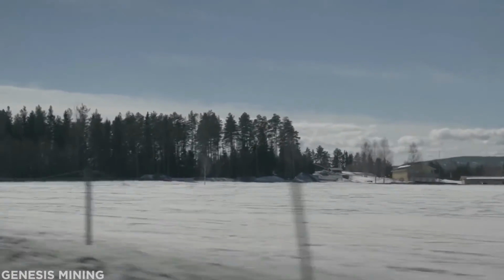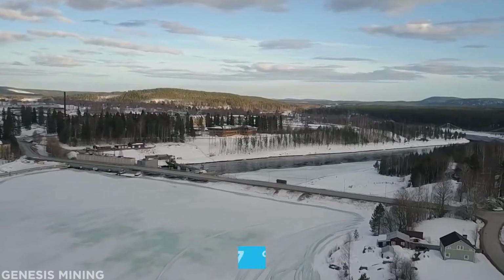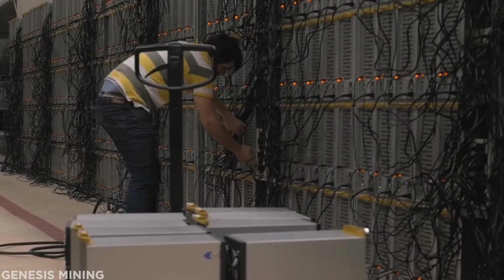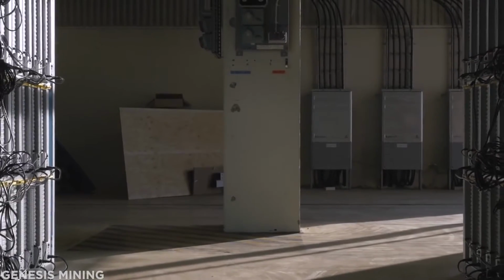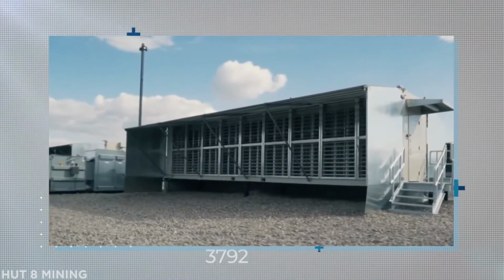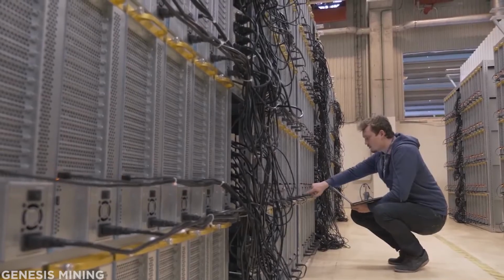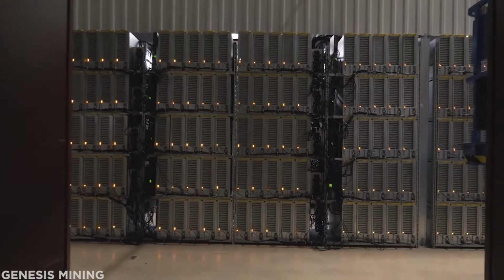Genesis set up their Enigma facility in Iceland partly because the temperatures are low, rarely going above 57 degrees Fahrenheit. Imagine trying to cool all that processing power in the middle of a desert. Indeed, some Genesis competitors have argued it's possible, in places like Texas where regulations are lax and energy is cheap, but nonetheless, it's very hard to imagine the facilities running at anything like optimal efficiency using the technology we have